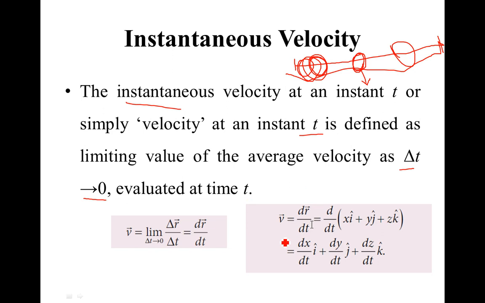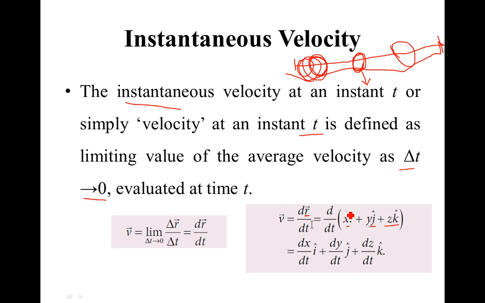So again we have given here the vector representation of your velocity. Velocity is equal to displacement, or change in position, by change in time. Position is the r vector, and position can be represented in your coordinates as x, y and z. So xi cap plus yj cap plus zk cap. So change in the position is d by dt of xi plus yj plus zk.